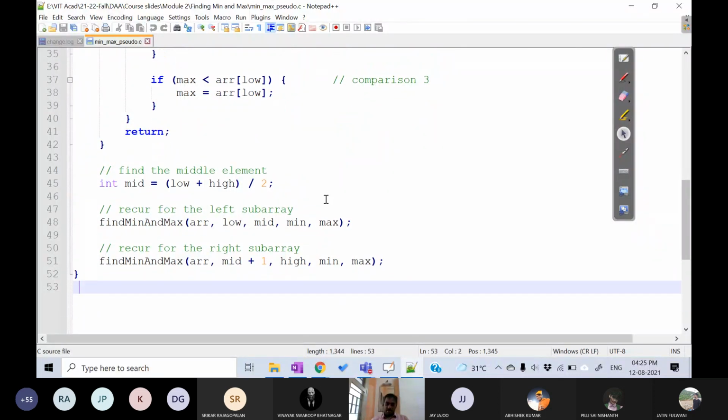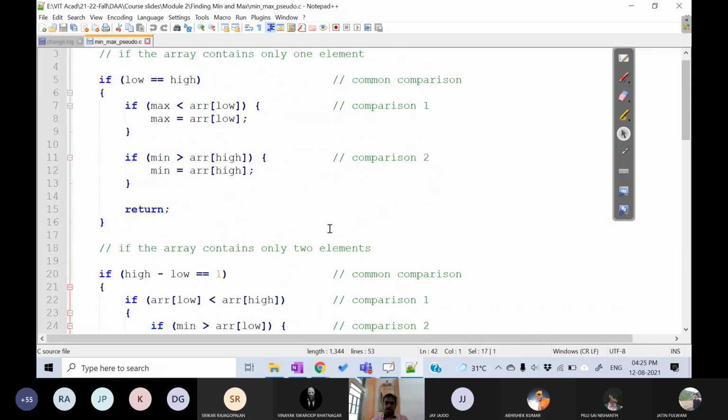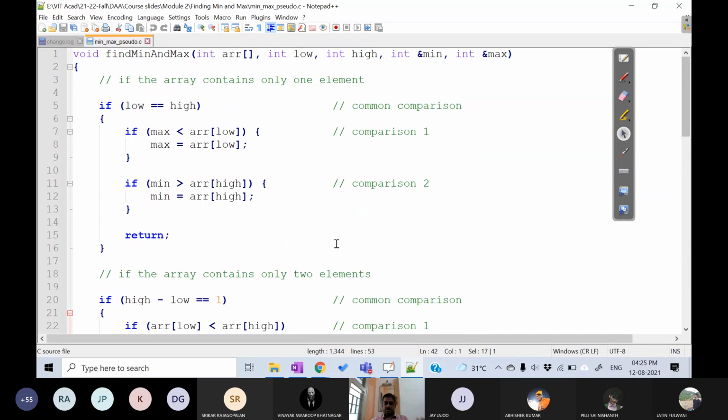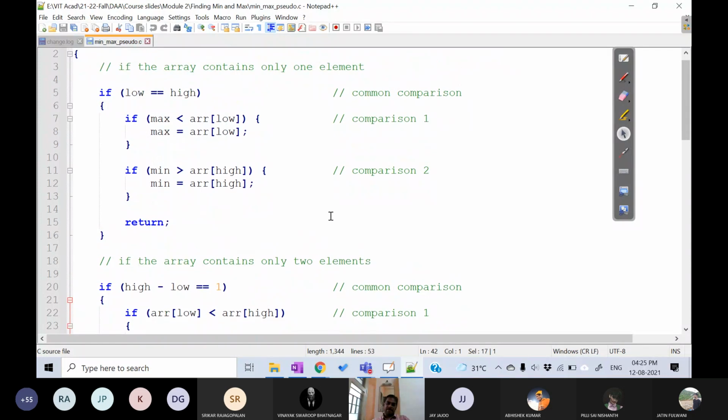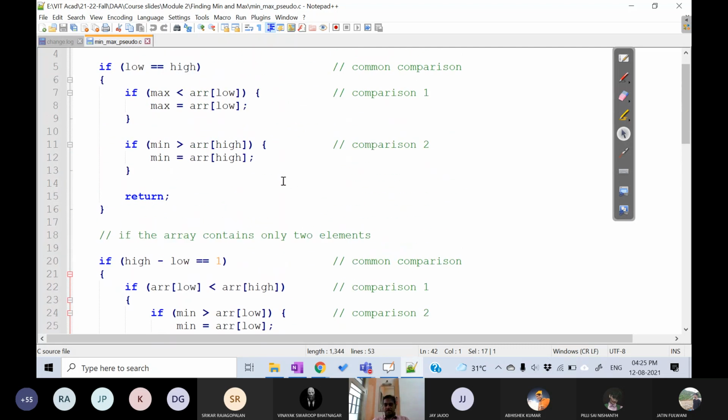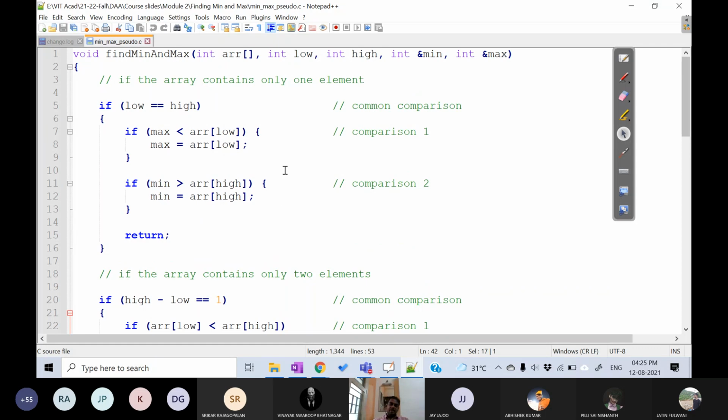And I have excluded the main function. You write it and do this program, and this is very easy. So this is the logic, and hereafter I will not explain any program, but still since this is the first one, this is the advantage of using C. You will know everything, because if you once dry run this code, you will understand everything. So that is why C is insisted. C or C++, C++ is also equally good. What is the difference? No difference between C and C++. Just cin, cout, and printf, scanf. That's it. Anyway, that is the pseudo code for this divide and conquer using maximum and minimum.